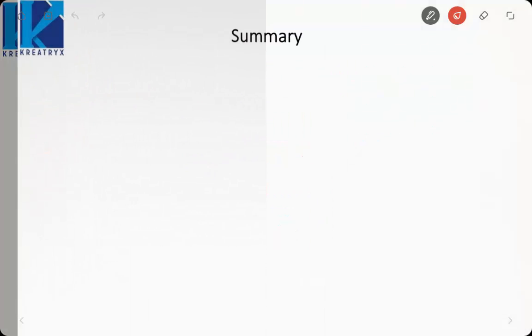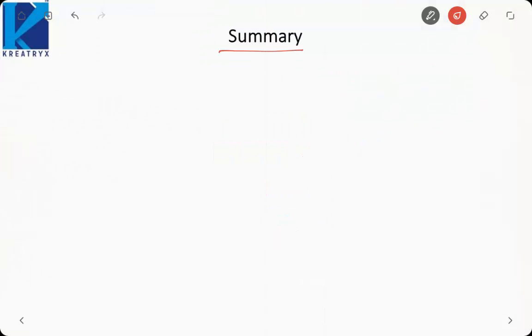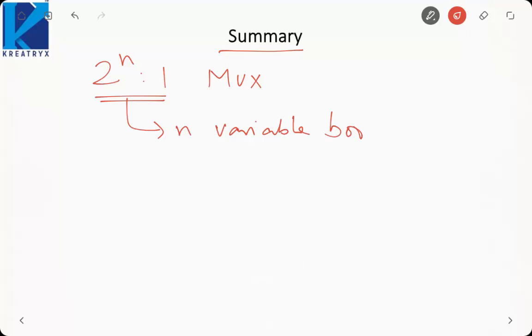So if we try to summarize, what we have learnt is, from any 2 raised to the power n to 1 multiplexer, we can implement any n variable Boolean function. So n variable can be implemented using 2 raised to the power n to 1. But if you want to implement n plus 1 order function, like we did in this example, we took 4 to 1 multiplexer and we implemented 3 variable functions. N plus 1 variable